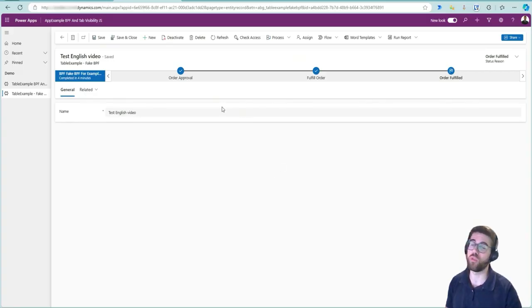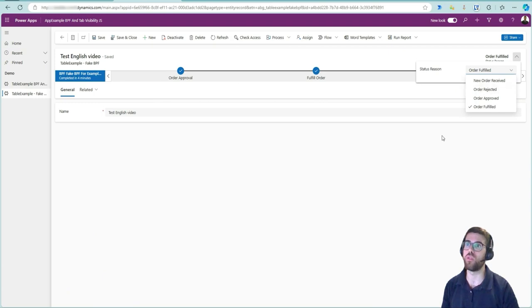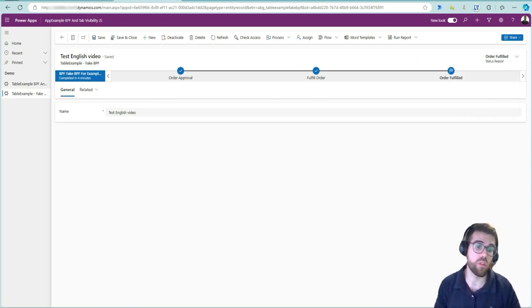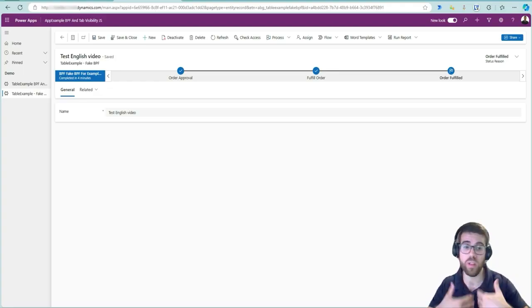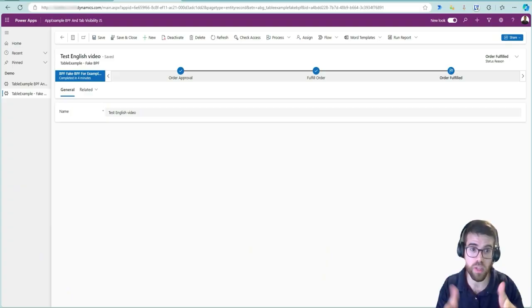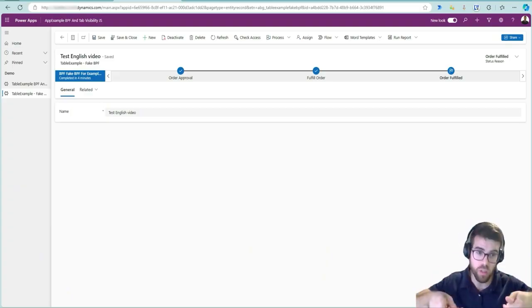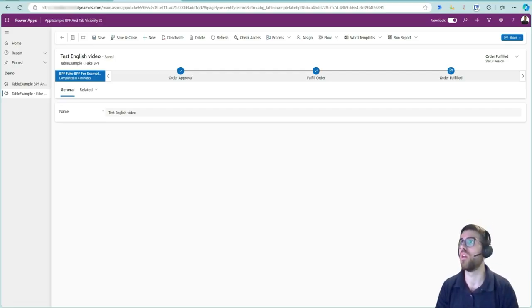So that code is going to fulfill this moving, setting this traverse path property depending on the status reason that we have selected. Of course, this can be automated. So let's say that we have a custom button or some action, something happens behind the scenes with a Power Automate flow, and that is going to change the business process flow. Why? Because it will change the status code, and then the next time the user gets into the application and opens the form, it will automatically